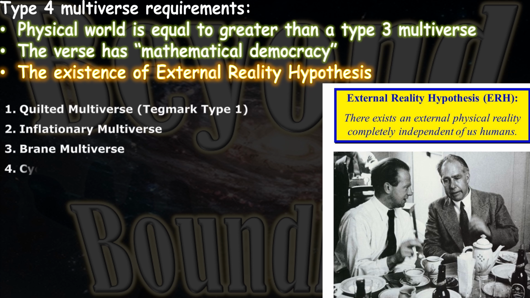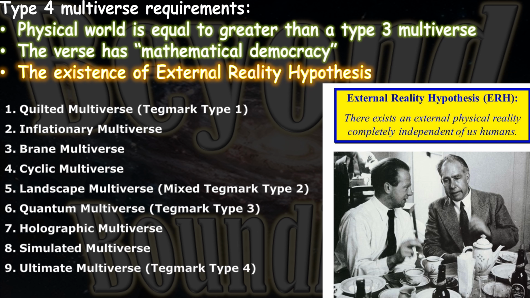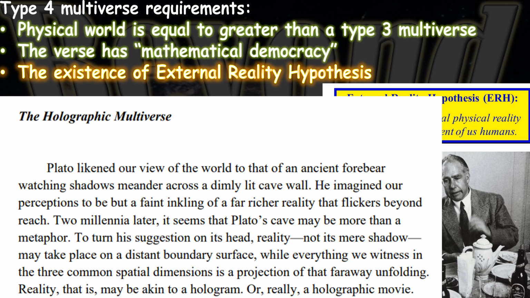In the 9 types of multiverses talked about by Brian Greene, the 6th one is the quantum multiverse, which is high hyper. The 7th one is the holographic multiverse, the first multiverse model to use external reality hypothesis, in which, in its description, it directly compares it to the likes of Plato and his Platonic cave. Essentially saying that external reality hypothesis is